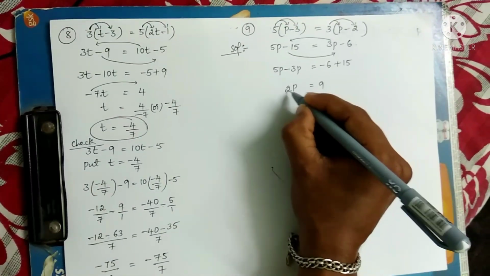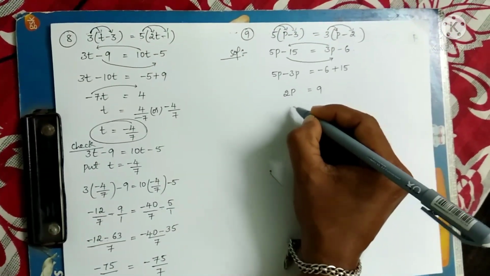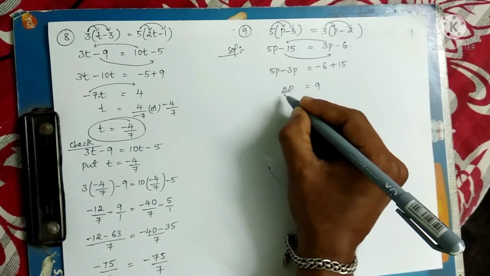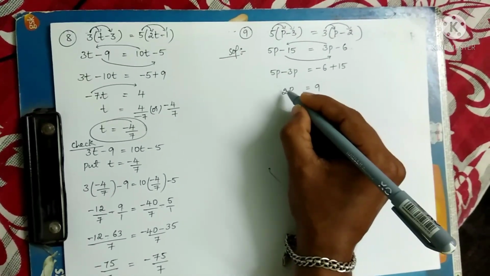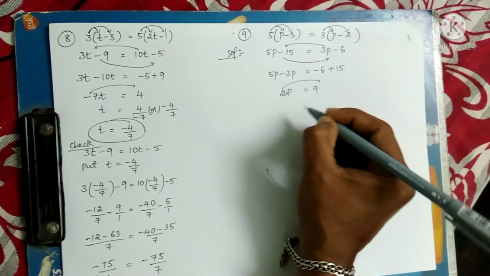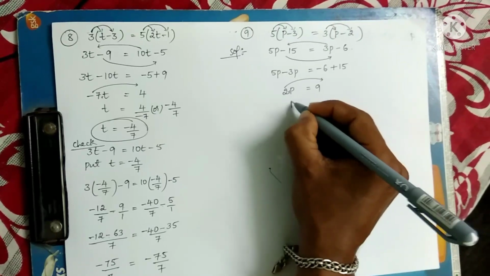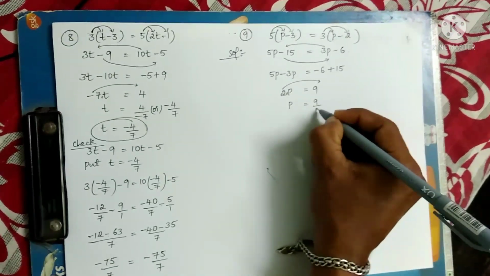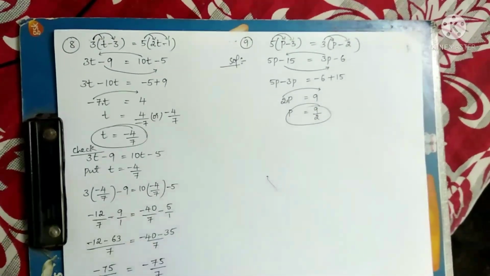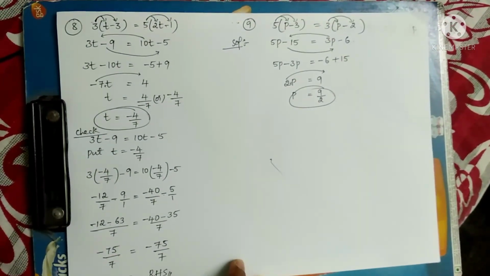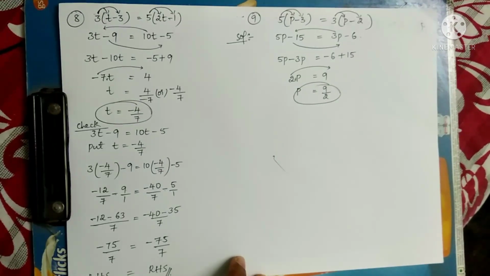So then here you can see we have to find the value of p. So 2 into p, multiplying. So we are multiplying with the 2 into p, we get 2p. So when we transpose multiplication to RHS, it becomes a division. So transpose this 2, so we get p is equals to 9 by 2. So the value of p is equals to 9 by 2.